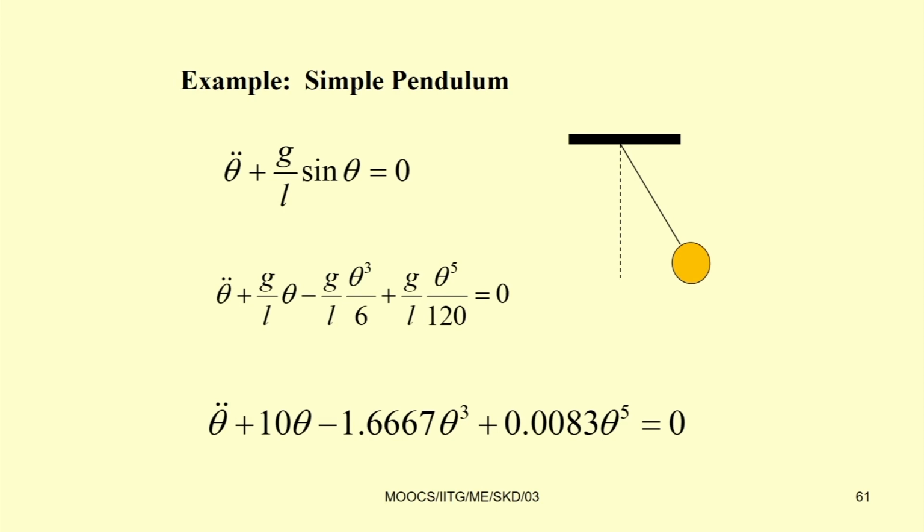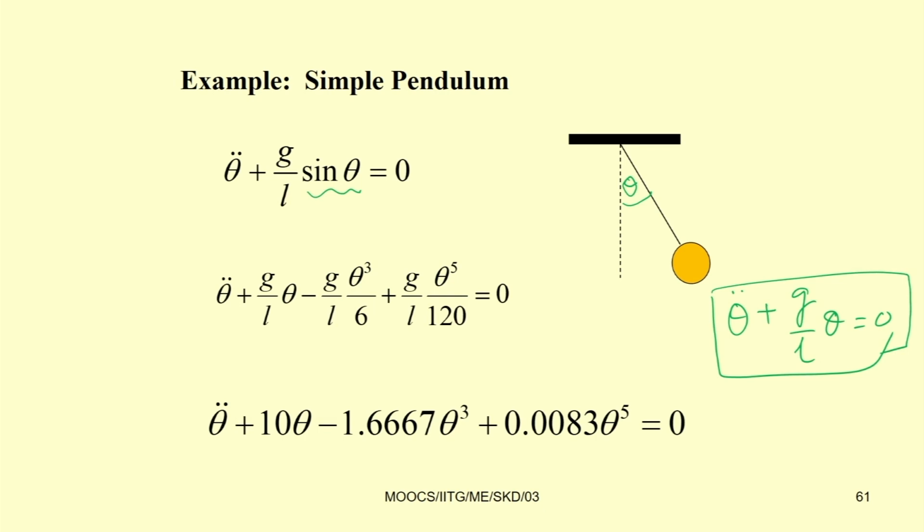Derivation of the equation of motion we will see in the second module, and at that time we will derive it again. For the time being, as you know, the equation of motion of the simple pendulum, taking this angle as theta, can be written as theta double dot plus g by L sin theta equal to 0. If theta is small, then sin theta equals theta, and this equation will be theta double dot plus g by L theta